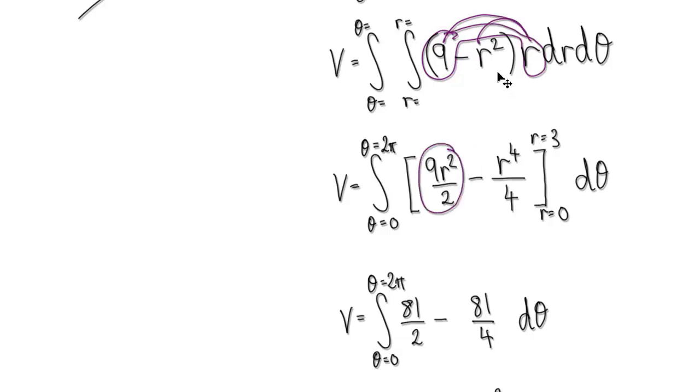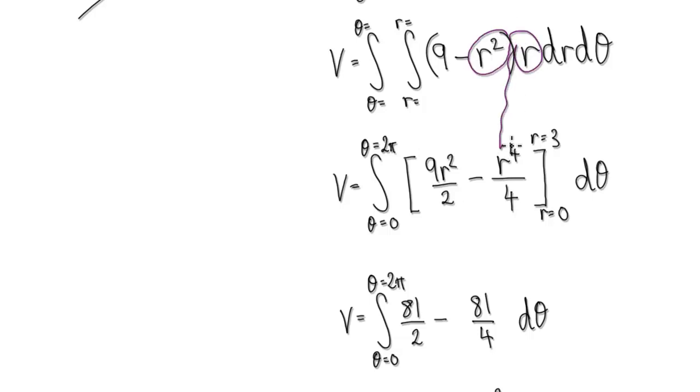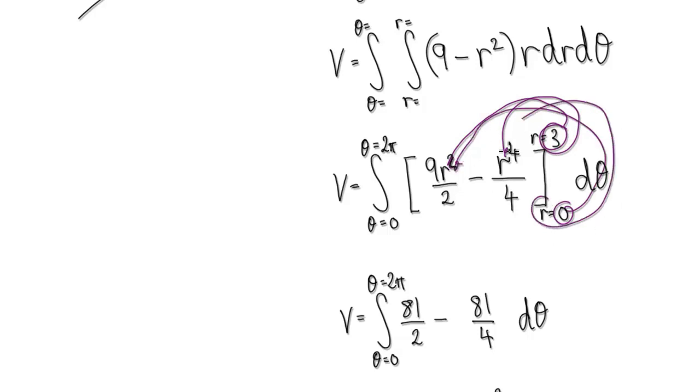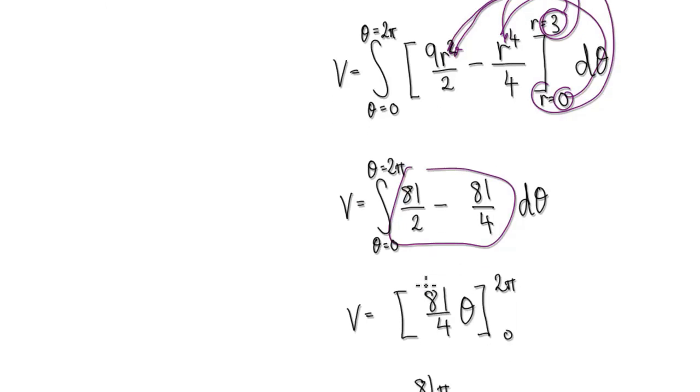When you integrate r to the power of 3, it will give you this, from 0 to 3. So now put 3 into here, and then take away, put 0 into here. That will then give you this,